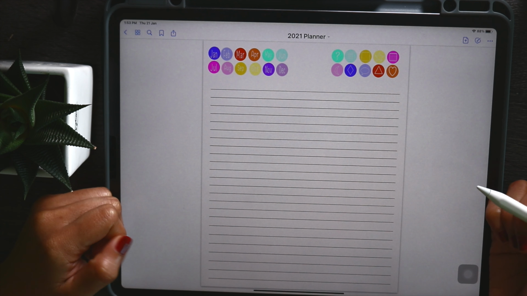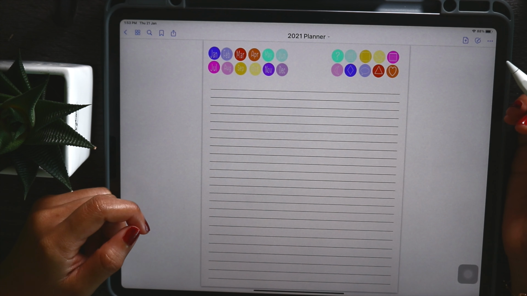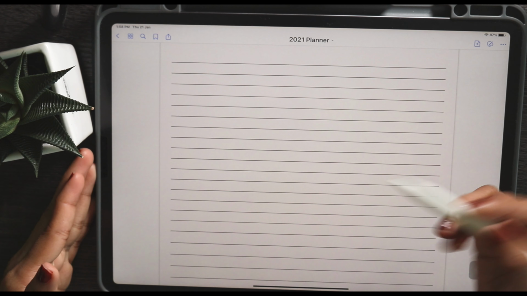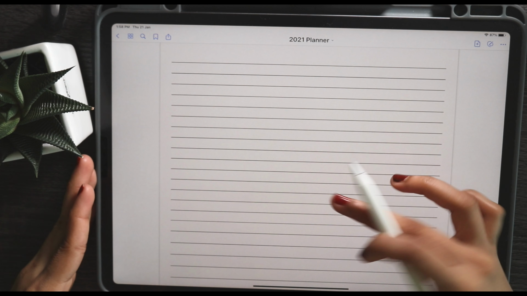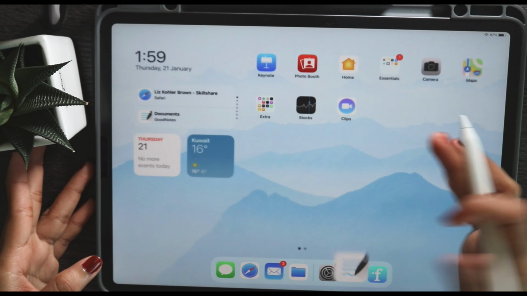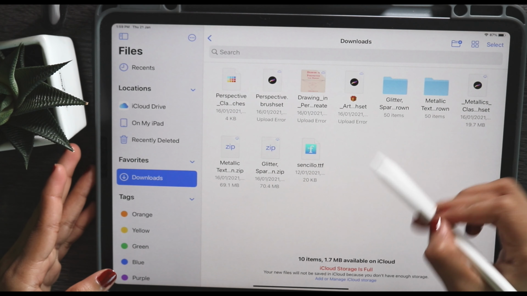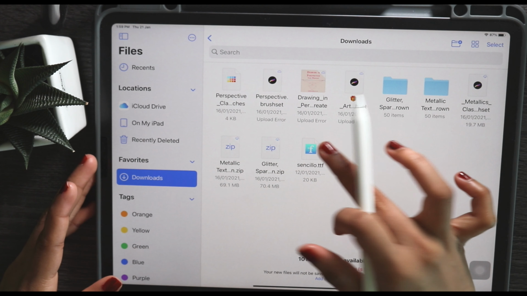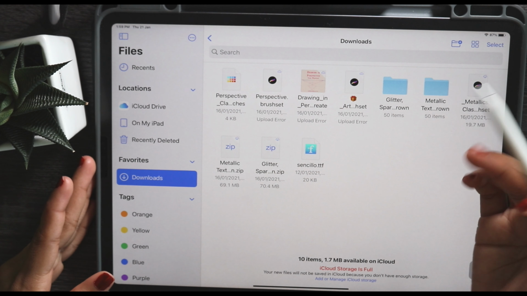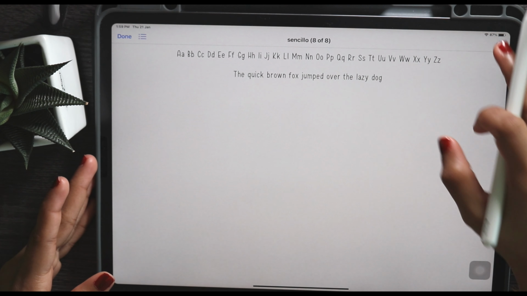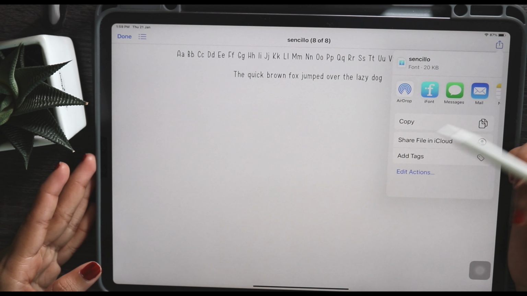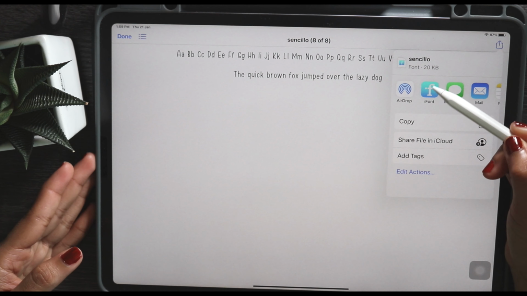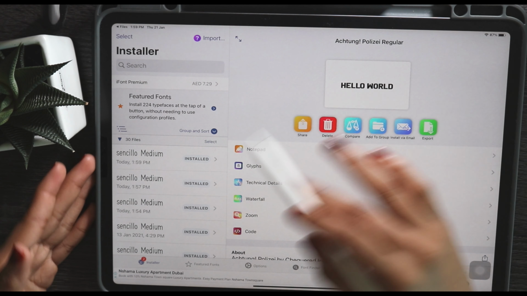One last thing you may want to do is add in some text. So the font that I'm using here is one that I bought with commercial use in mind, and I'm sharing it with you along with the planner. So if you want to download this onto your iPad, what you do is download the font, and then I like to use the app called iFont. When you download the font and it asks what you want to open it with, choose iFont. iFont is a free app that makes it really easy to add fonts onto your iPad.